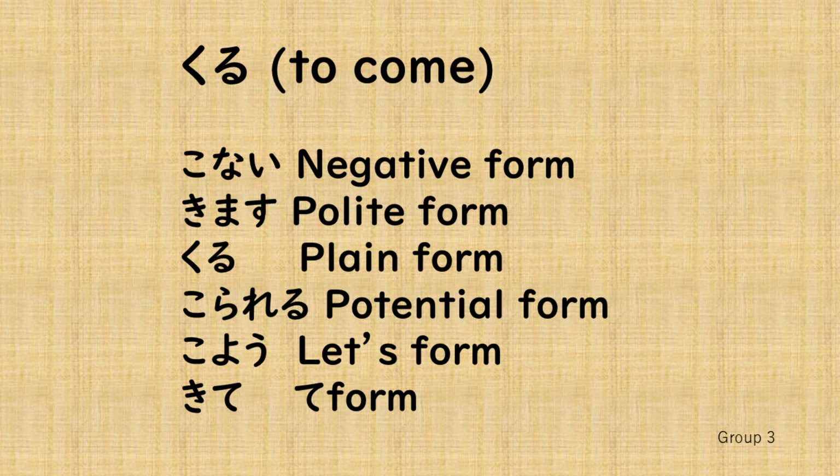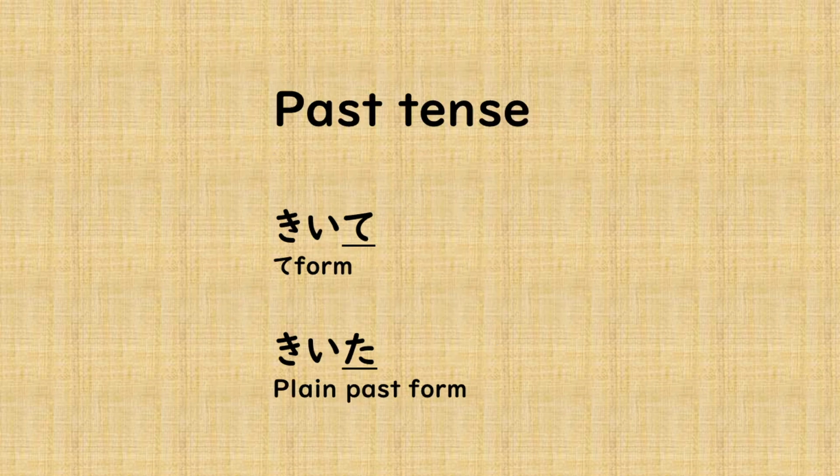来ない as a negative form, 来ます as a polite form, 来る as a plain form, 来られる as a potential form, 来よう as a let's form, 来て as a te form. As long as you have some knowledge of verb conjugations for the present tense, it is